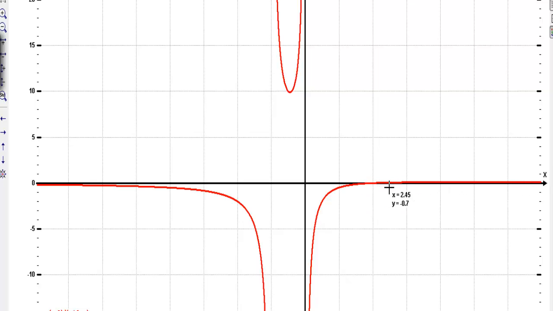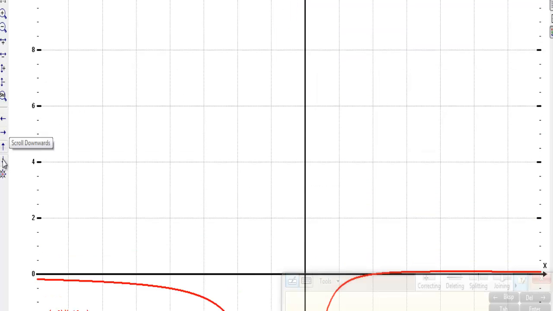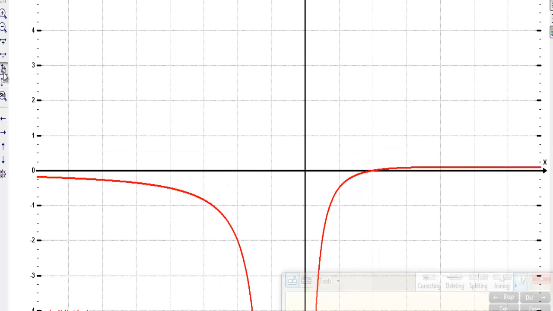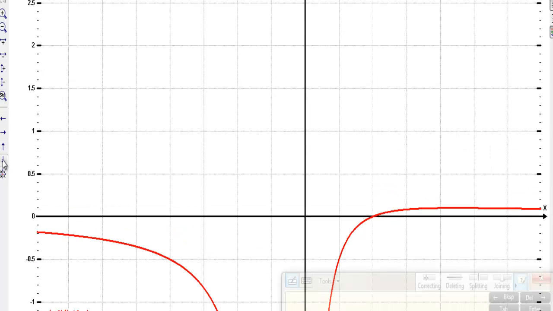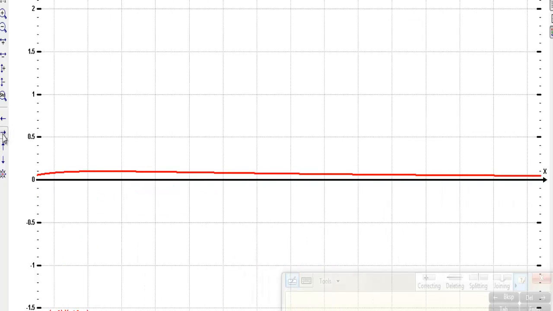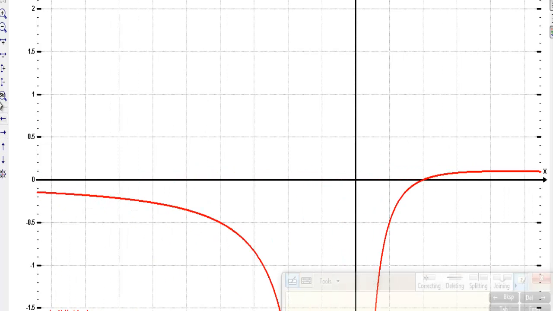I'm going to zoom this in so you can see that it actually crosses the x-axis at x equal 2. So I'm going to try and zoom this in a bit so that you can see there. Right there. That's nice. You see here at x equal 2, it crosses the 0 and it goes over above the x-axis, but will continue to be very close to the horizontal asymptote. See how close it gets, but it never touches. So there you go. Very similar to our sketch,